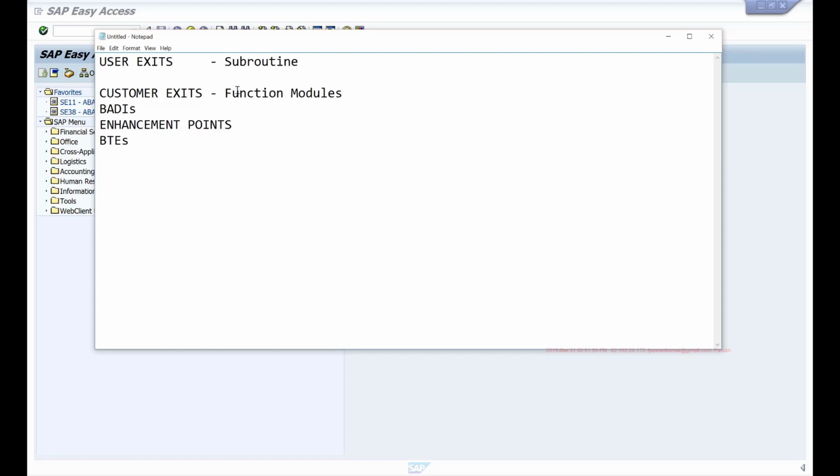So when the main program runs, it will call this function module, and within that function module, you can write your code so that your code gets executed when the main program is being executed. And when they are making this function call, they'll define this parameter interface and they will be passing certain data from the main program. So within the function module, you can only change that data only. So this way, you have certain transparency about what data can be changed when you implement this customer exit, right?